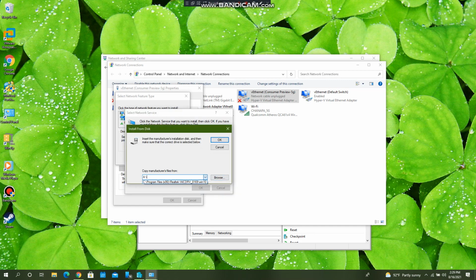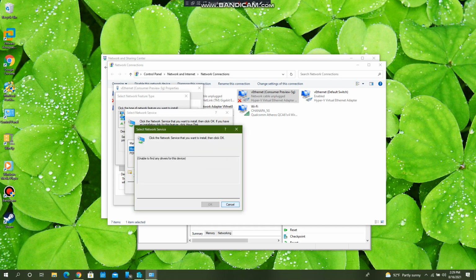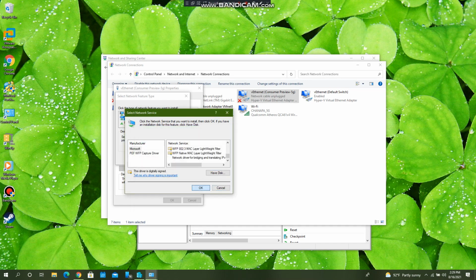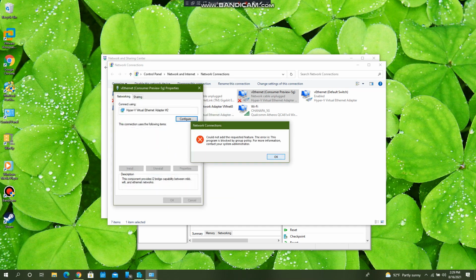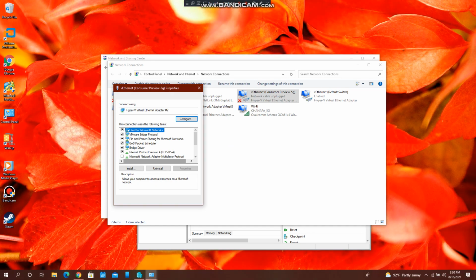Now the second NIC I have is the NIC that the virtual machines will use, and I should have at least one of those, if not more. So let me show you how that is configured. So if I click on properties,